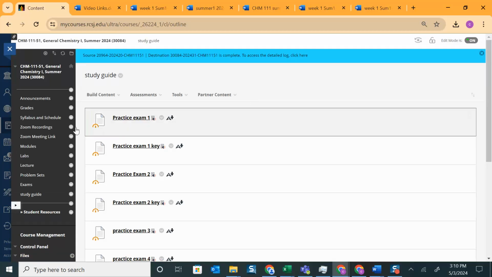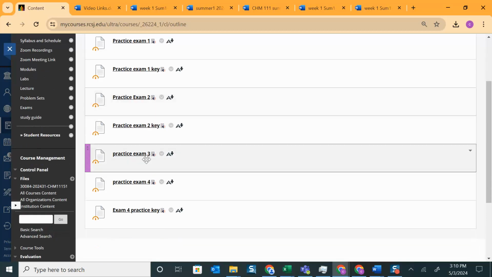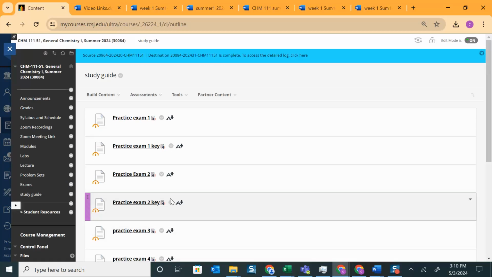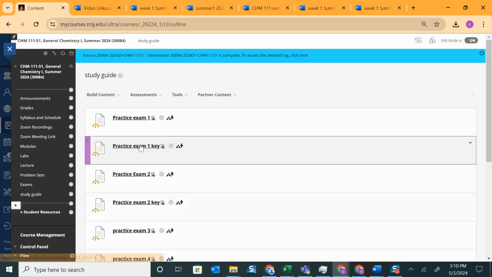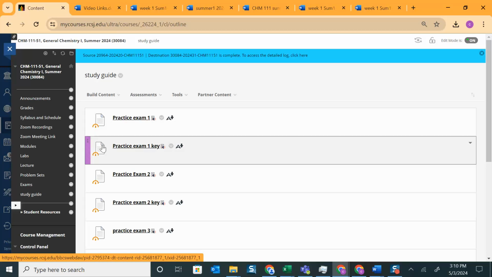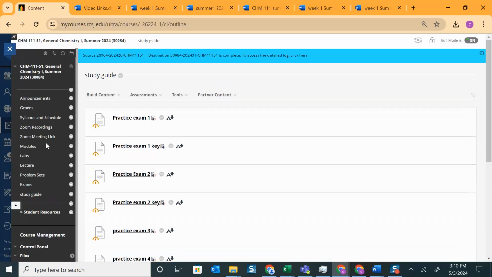So study guides, this tab, I will try to embed these whenever we have an exam, but there are some practice exams here. I'll also post some Zoom recordings of me going through the practice exams, so the keys will be here as well. So feel free to look those over, work through them. The first tab is going to be the blank document, and then the next one will have all the answers in it. So if you have any questions on any of this, please let me know. I'm always happy to